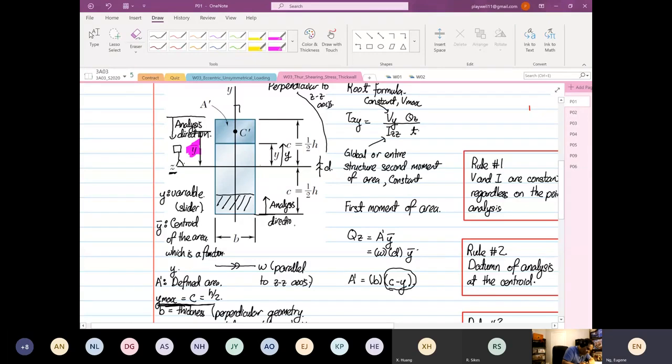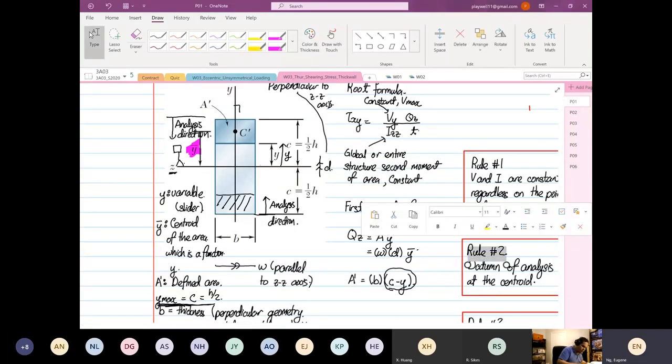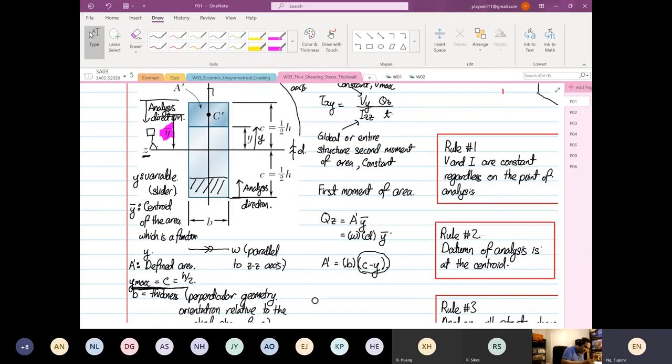Right. So from here, where you know our area, then we want to find our y bar. So our y bar is equal to c plus y